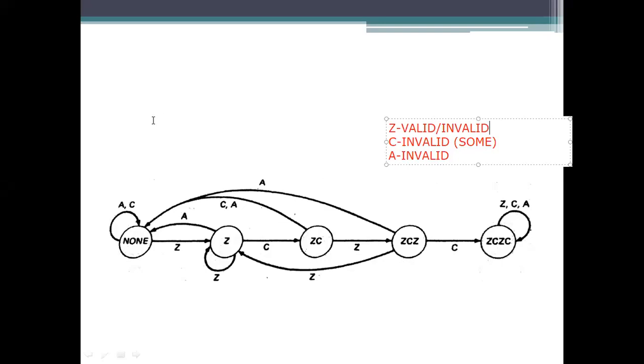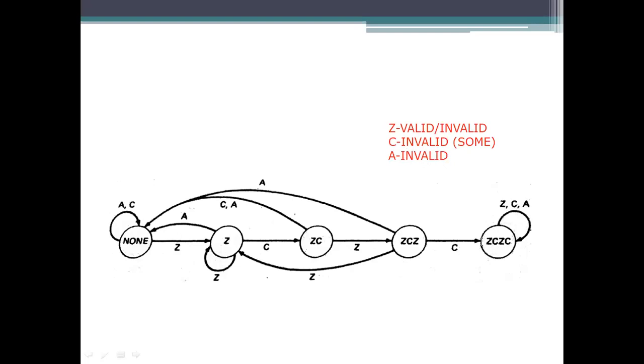To process this detector, what value do you have to give? The state name has to be given as an input sequence, meaning we need to pass ZC there. If you are not getting into this state, what happens? There are some values which let you go to the none state or to the Z state. Whenever you are not passing a valid value, you get into the none state. The valid inputs are Z and C, but sometimes C is invalid. So to reach this, the sequence of input is the name of the state, that is ZC and ZC.